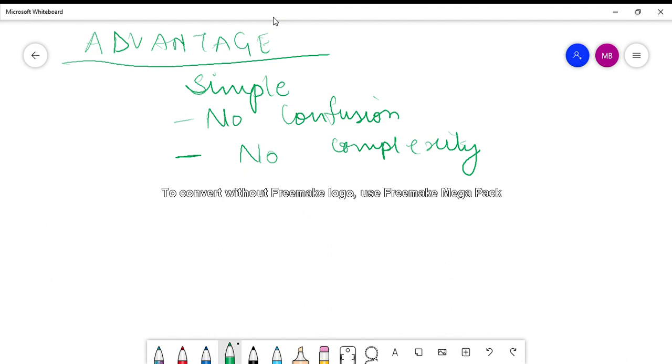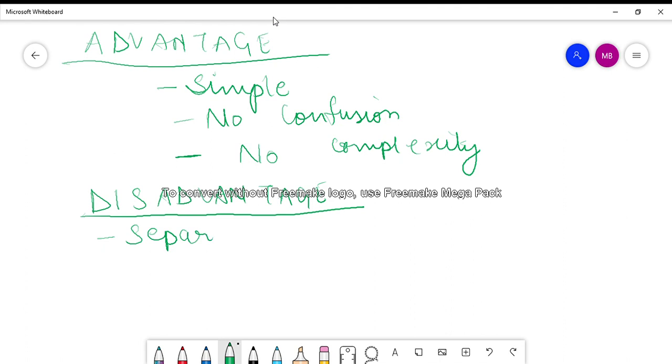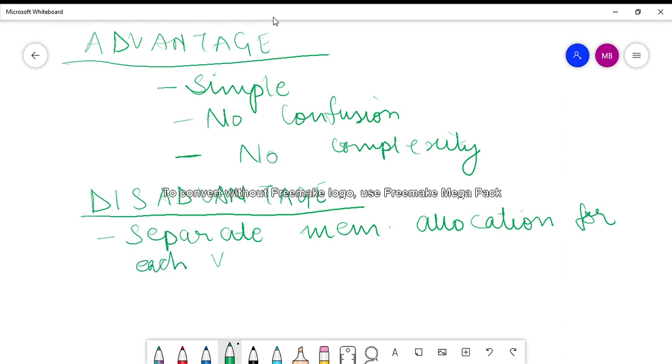The disadvantage of the call by value method is that, first of all, you have a separate memory allocation for each variable.